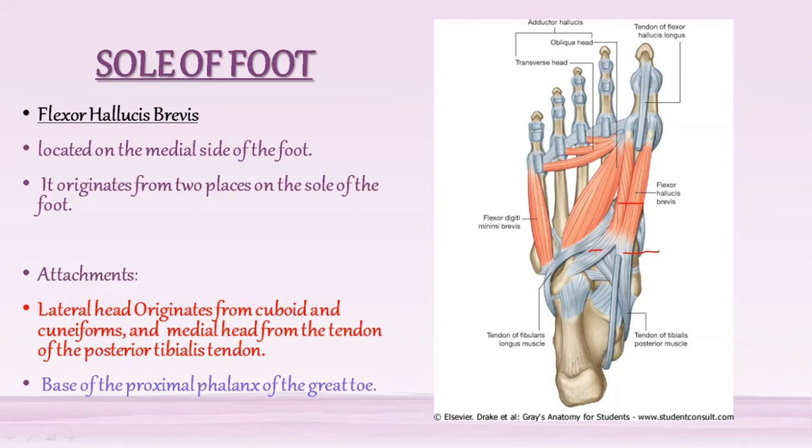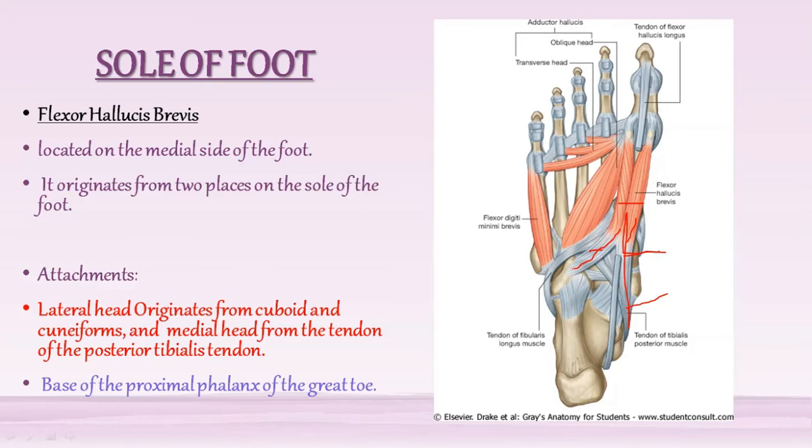The lateral head arises from the cuboid and cuneiform, whereas the medial head arises from the tendon of tibialis posterior muscle. Look at the picture. This is the tendon of tibialis posterior muscle. So the medial head arises from the tendon of tibialis posterior muscle, whereas this lateral head arises from the cuboid